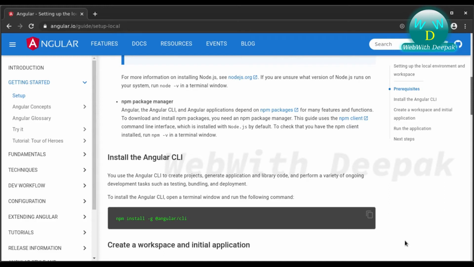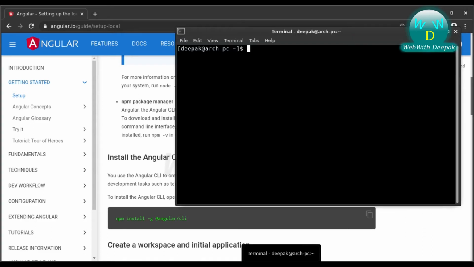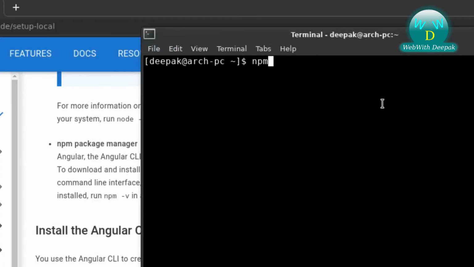Make sure to open the normal command prompt or terminal and not the Node.js terminal. So npm install -g to install it globally to access it from anywhere in our machine, and then the name of the package, @angular/cli.